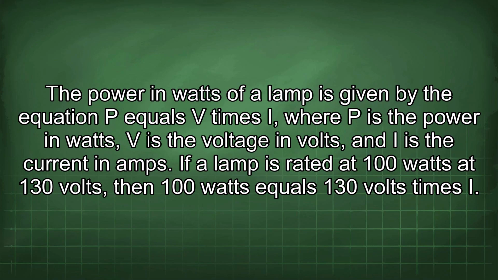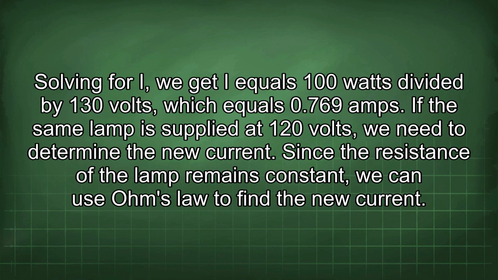The power in watts of a lamp is given by the equation P equals V times I, where P is the power in watts, V is the voltage in volts, and I is the current in amps. If a lamp is rated at 100 watts at 130 volts, then 100 watts equals 130 volts times I. Solving for I, we get I equals 100 watts divided by 130 volts, which equals